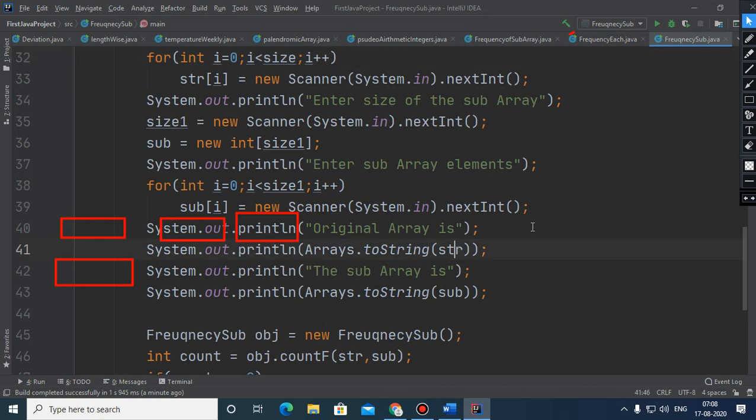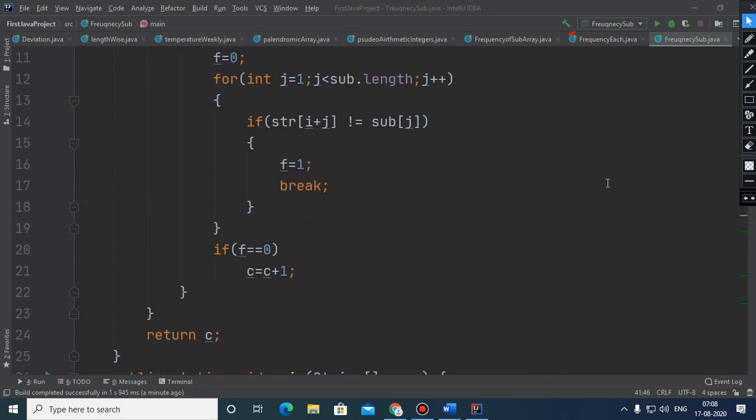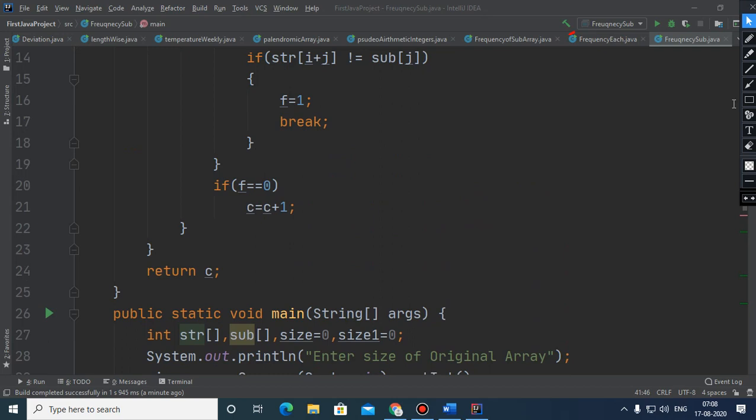Children, I would like to explain one more time. I just want to explain the logic only. So suppose these are the elements, which are 1, 2, 3, 4, 1, 2, 3, 4.